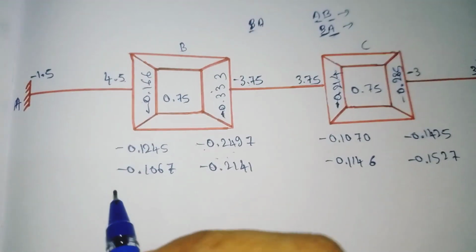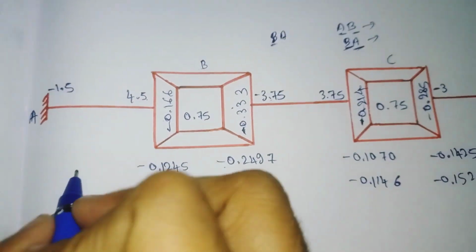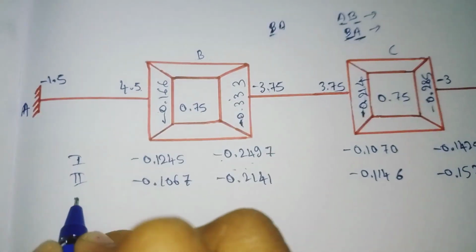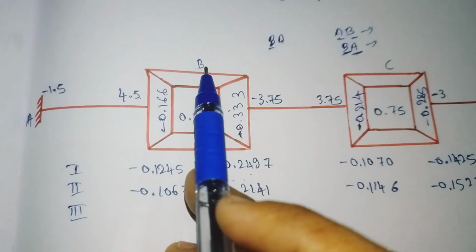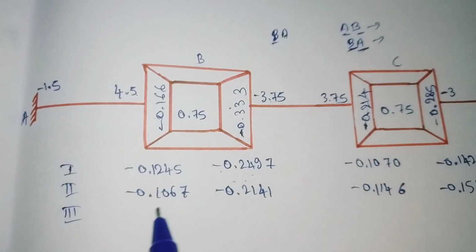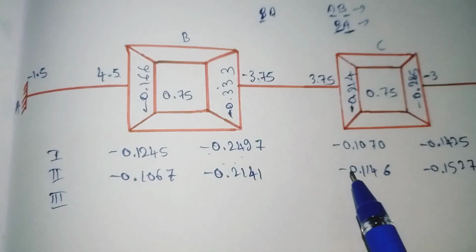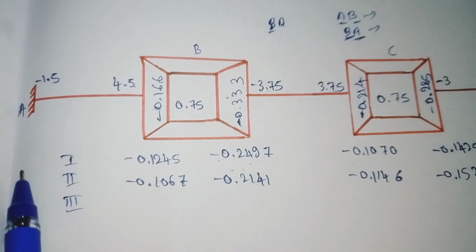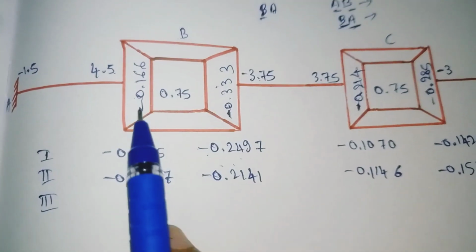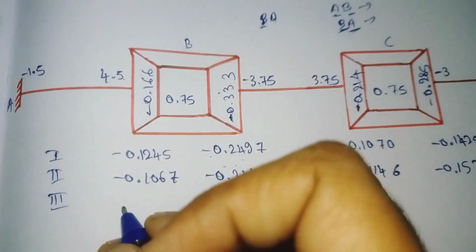Now we need to do the second iteration. So this is the first and second. Now we need to go for the third. I will tell you when to stop later. For BA, minus 0.1666 into 0.75 minus 0.1146, and plus this value, there is no value, so it becomes 0. So we need to add these three. By adding, it will come out as